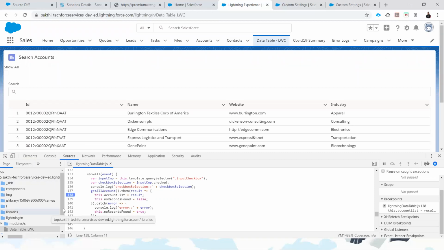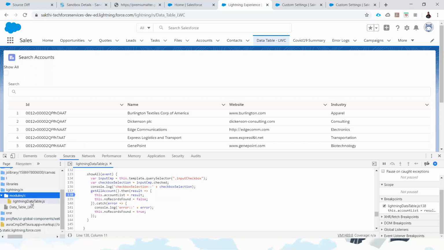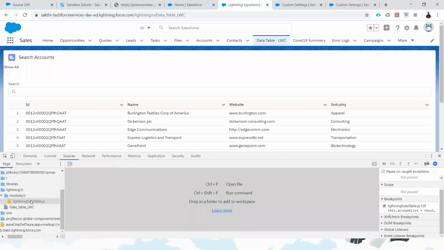If you navigate in the Lightning folder under the modules tab, in the subfolder, all your Lightning web components are available. If you click here, let me show you, this is the lightning data table JS.